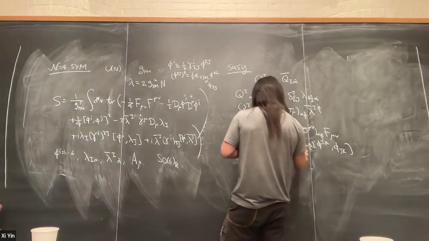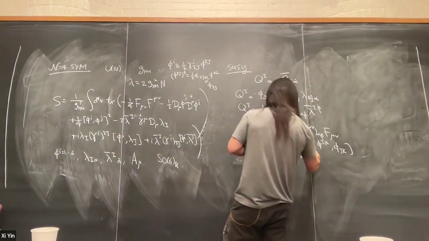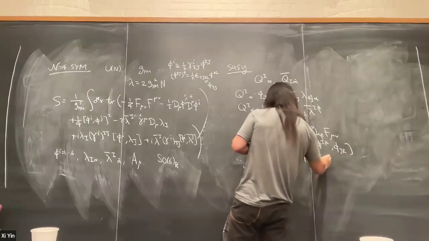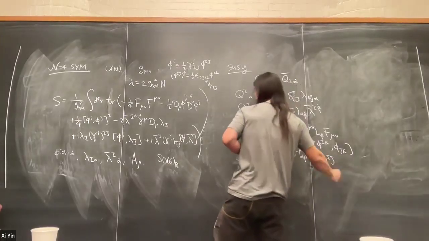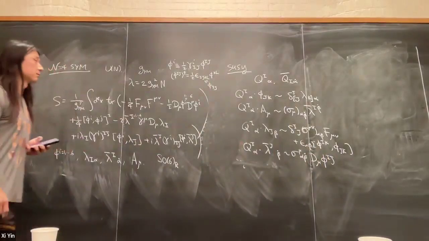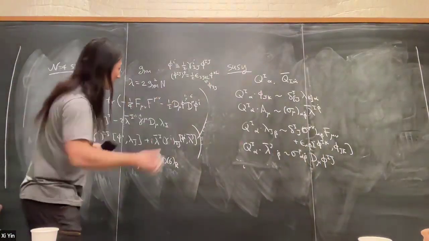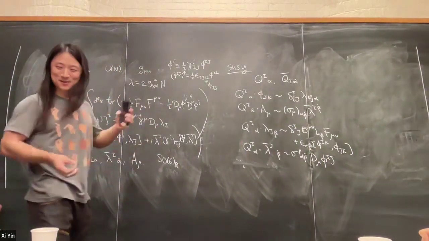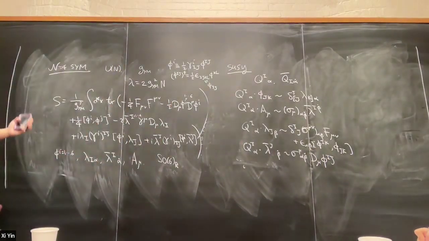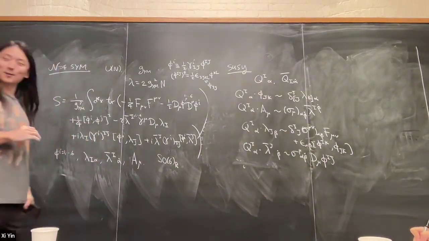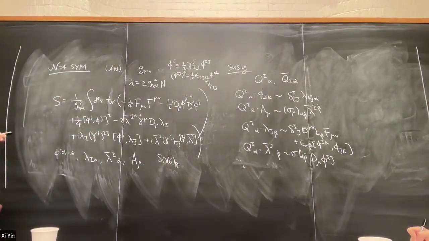Sorry, this is dot beta dot D mu, D mu being the covariant derivative by ij. And there's a similar thing for Q bar, where the dotted and undotted spinors are swapped. Okay, you can easily produce that. So this is how the SUSY acts on the field. Any question before we move on?